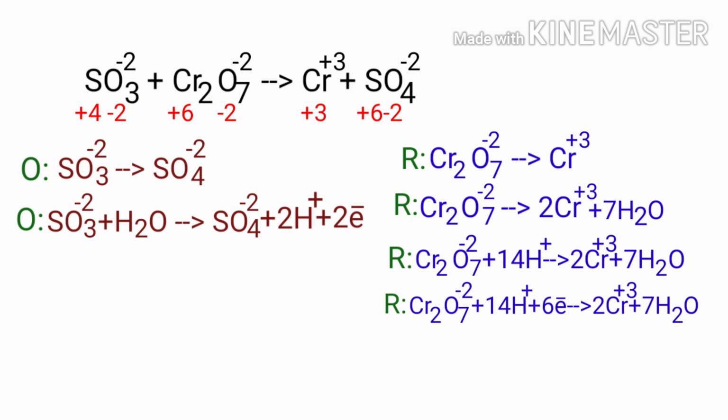Make the electrons gained equal to the electrons lost. The electrons lost in the oxidation half reaction must be equal to the electrons gained in the reduction half reaction. In the oxidation half reaction, there are 2 electrons present, but in the reduction half reaction, there are 6 electrons present. So now you can try to make the number of electrons equal in both reactions. To do this, you can multiply the oxidation half reaction by a coefficient of 3.